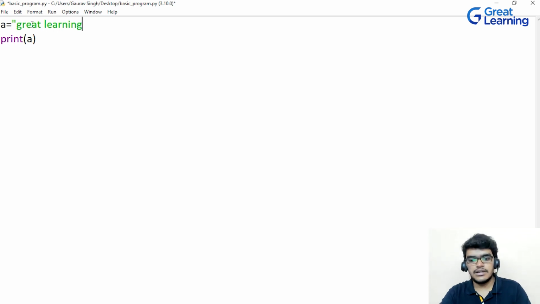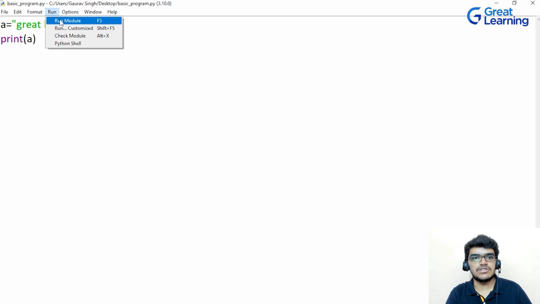And you can see that I can edit or modify it. So I have written here A is equal to Great Learning and I have to save it. As I already told you, if your program is not saved, it will show you the asterisk, right? So I have already edited the program, so once again I have to save it. I can directly press Ctrl and S so that it will save. If I'm pressing Ctrl S, you can see that this asterisk has been removed.